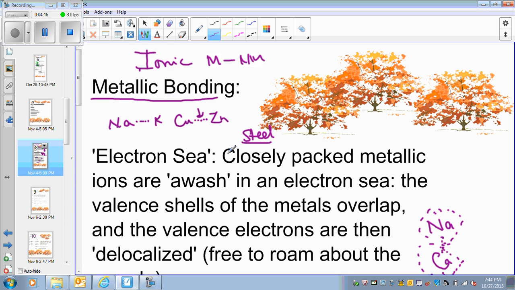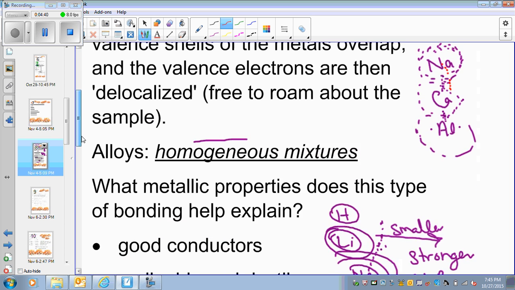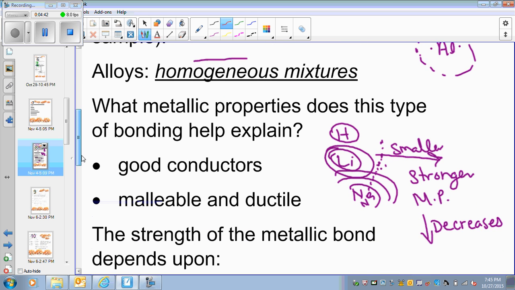How is this bond formed? This bond is formed by the delocalized valence electrons of metals. All right, and so the electrons of one metal are held by the nucleus of the other metal. So they're kind of holding each other. That results in a mixture, a homogeneous mixture. It is not a chemical bond. So it's a homogeneous mixture of metals, like steel and different kinds of amalgams